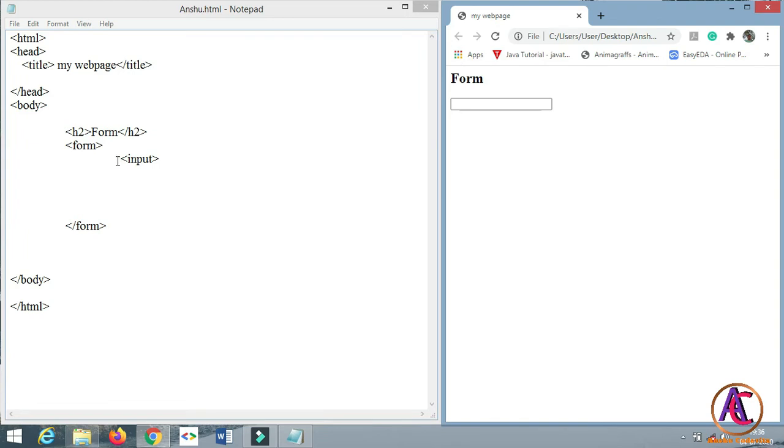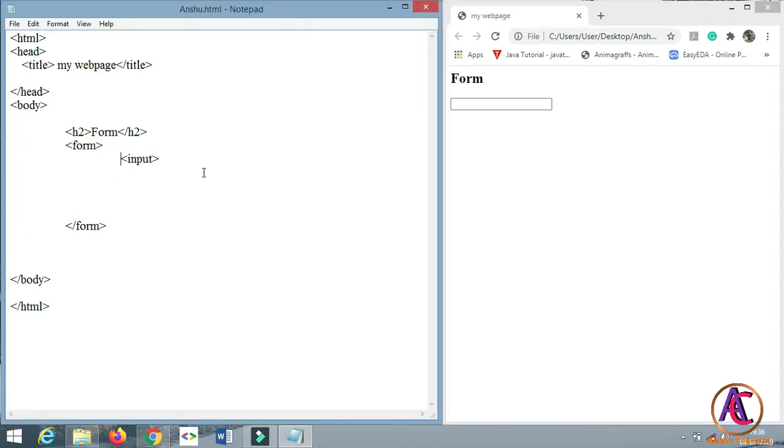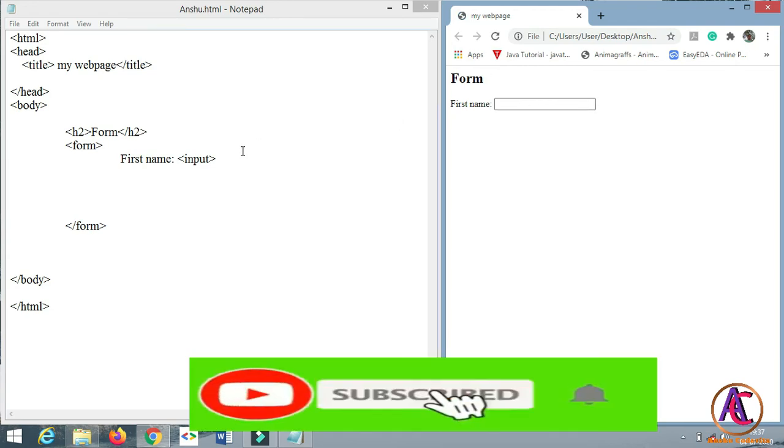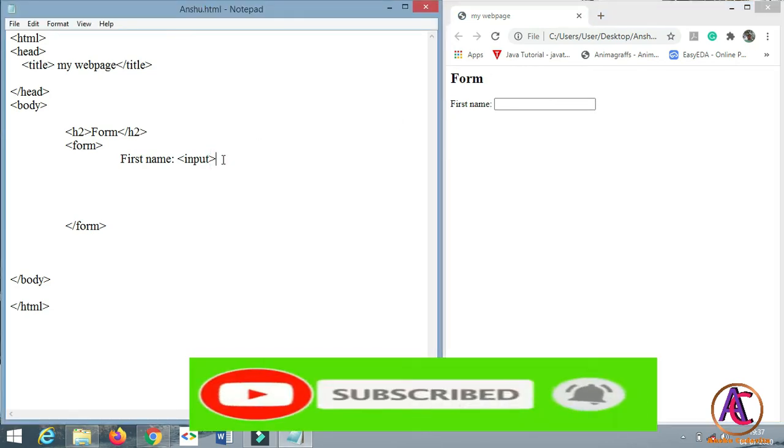To identify the text box, let's name it First name. Save this and refresh it. You will see that the first name appears before the text box so that the user can enter their first name.